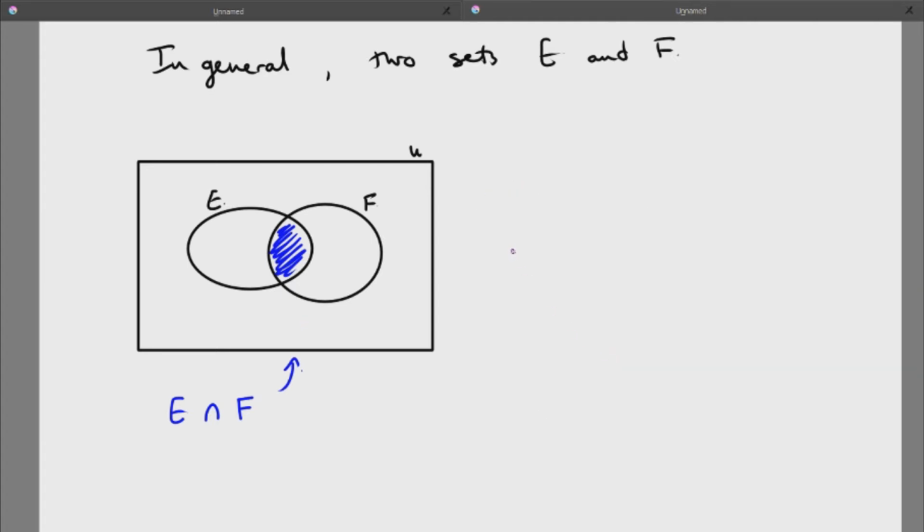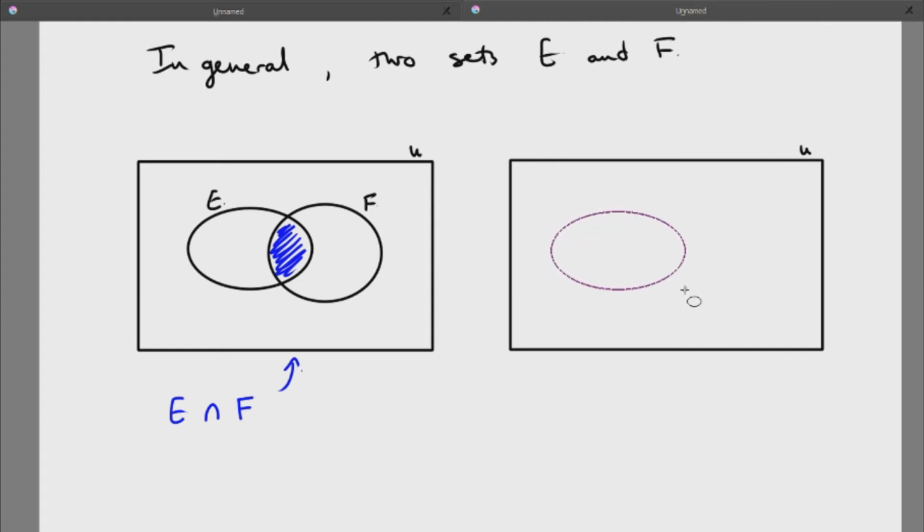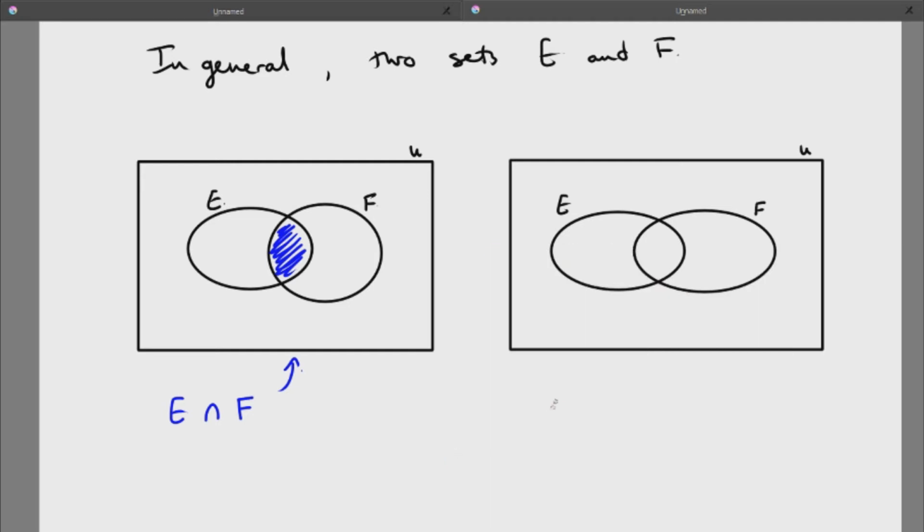If I now just do another rectangle with two sets, where we can look at the union, I have my E circle. I don't know where it is. I put them in a general position. And let's go maybe pink. Let's go E union F and illustrate where that could be. The requirement for how to make that new pink set, or really a pink region inside that rectangle, is